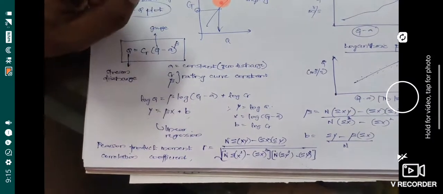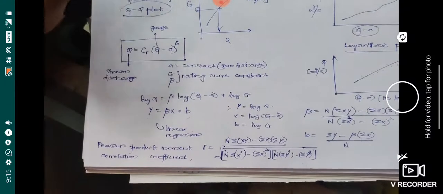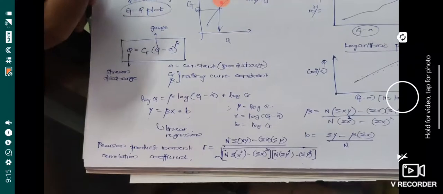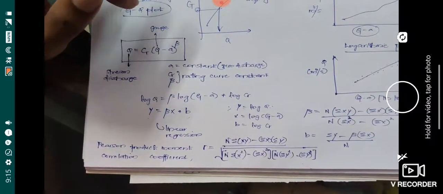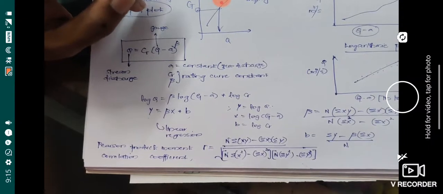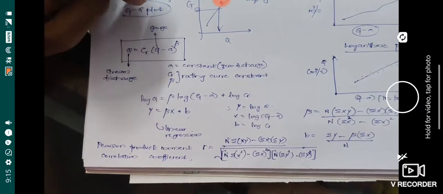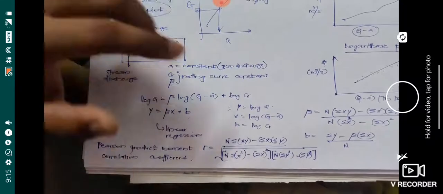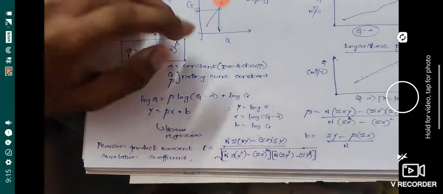If the value is very high, it means that you have a best fit, or the error is less. Say for example, you are getting a value very close to 1, like 0.99. It means that it is very accurate. And if you are getting a value which is maybe like 0.4, it means that your straight line is very wrong, or it is having a lot of errors. So in order to find the degree of errors, you are finding this Pearson product moment correlation coefficient.